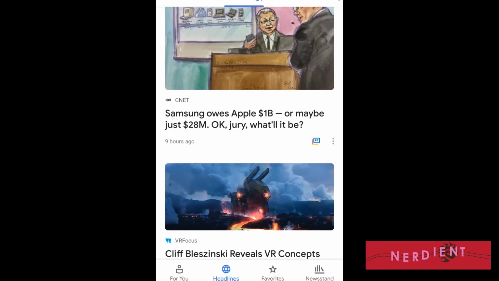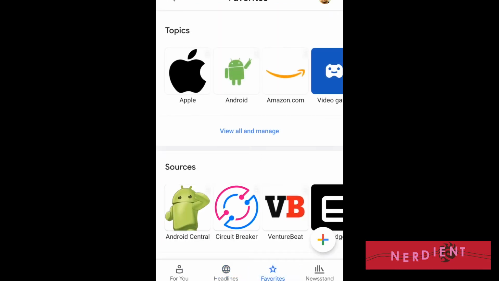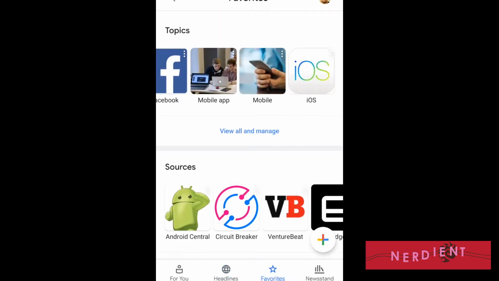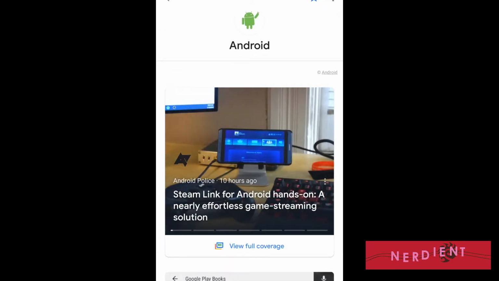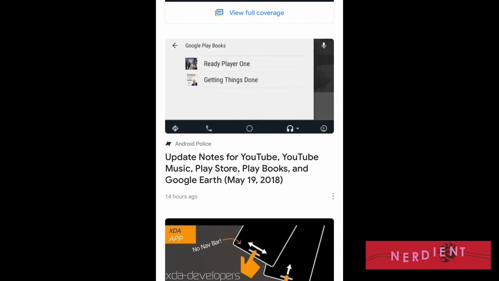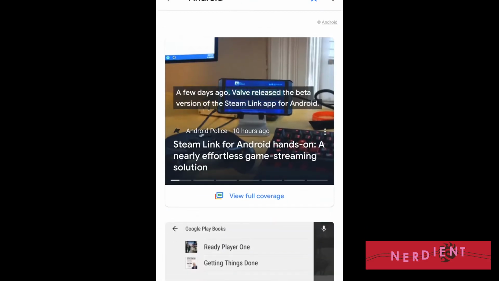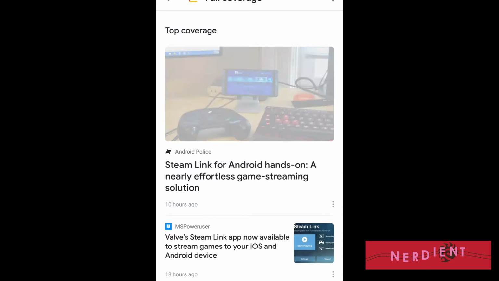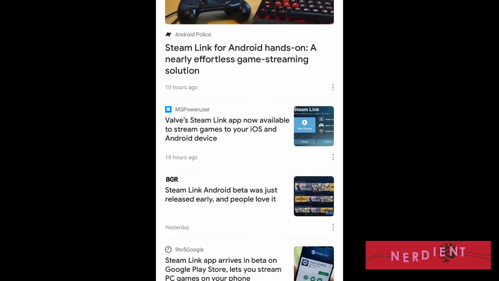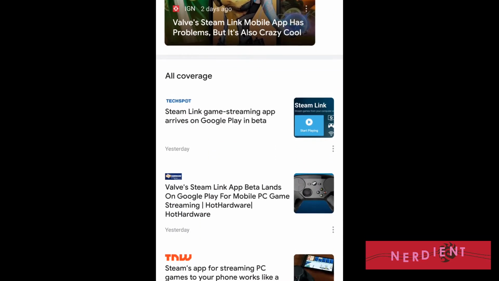So what about the customizations that I made in the old app? Well, they actually stayed. It's now in the bottom tab of favorites, and then there are all my favorite topics again. It's Android, and here's some Android headlines. And again, if you want to look at this story about Steam Link, hit the full coverage, and you start to get a lot more perspective about it. Videos, more coverage,